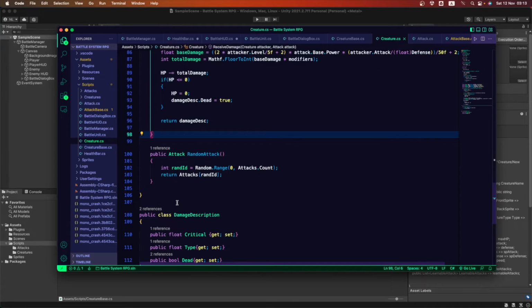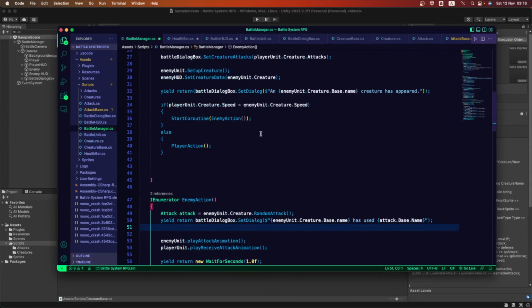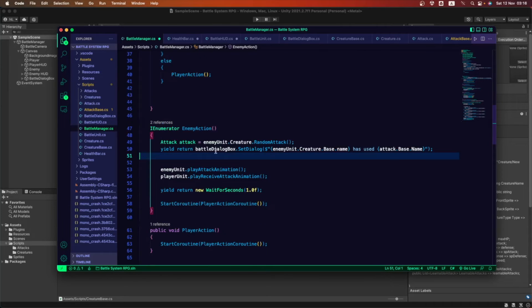Okay, so sorry for that. So now let's go into the battle manager, and that's the place that we're gonna be using all of this math that we just built. So let's go and do that. Let's go into our battle manager. Long time no see, battle manager, and let's find our enemy action method. We're gonna start with that one, and just after this line, the one that said which attack our enemy uses,